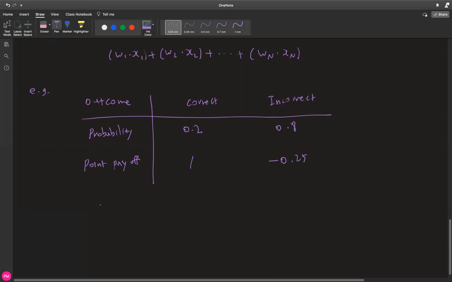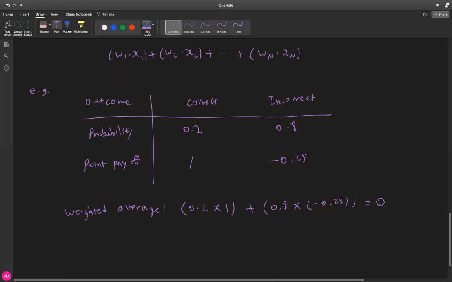So simply you can say that the weighted average is simply given as 0.2 multiplied by 1, and you're adding 0.8 multiplied by negative 0.25, and you can simply see this is 0.